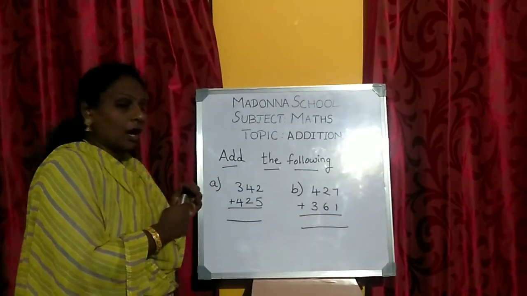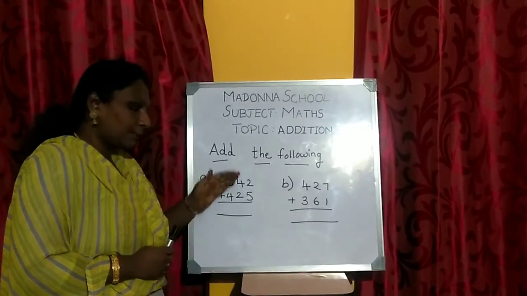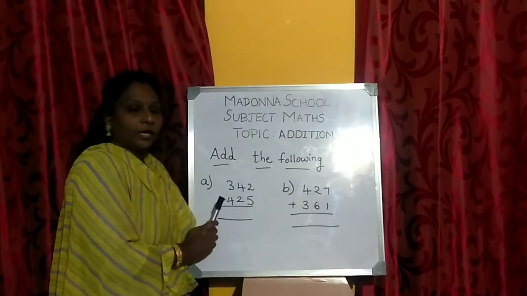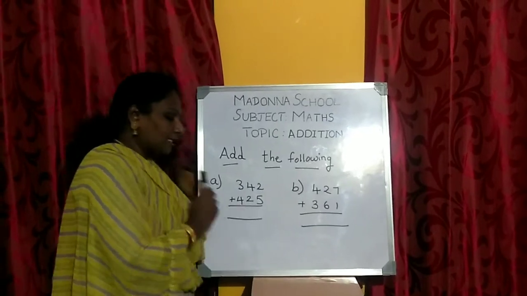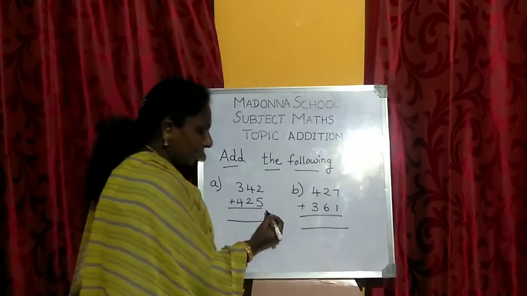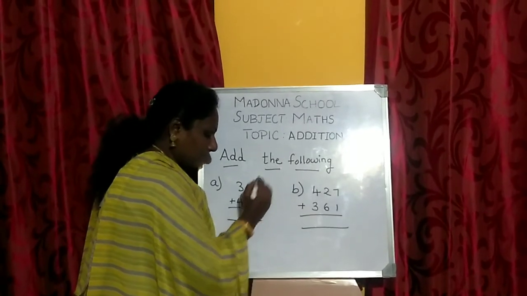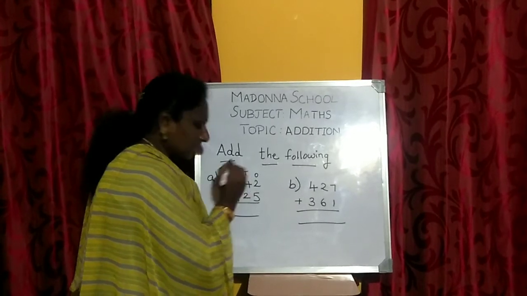The same way we add 1-digit numbers and 2-digit numbers, the same procedure should be continued. What is the thing? You have 3 numbers. In a 2-digit number you have 2 numbers and in a 3-digit number you have 3 numbers. How do we start? So write the place value. The first place is called what, children? Ones place. The second place, tens place, and the third place is called hundreds place.